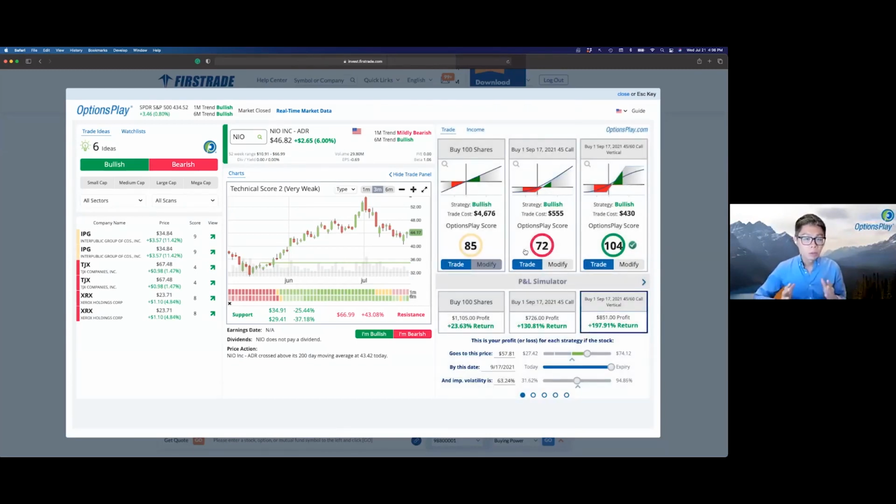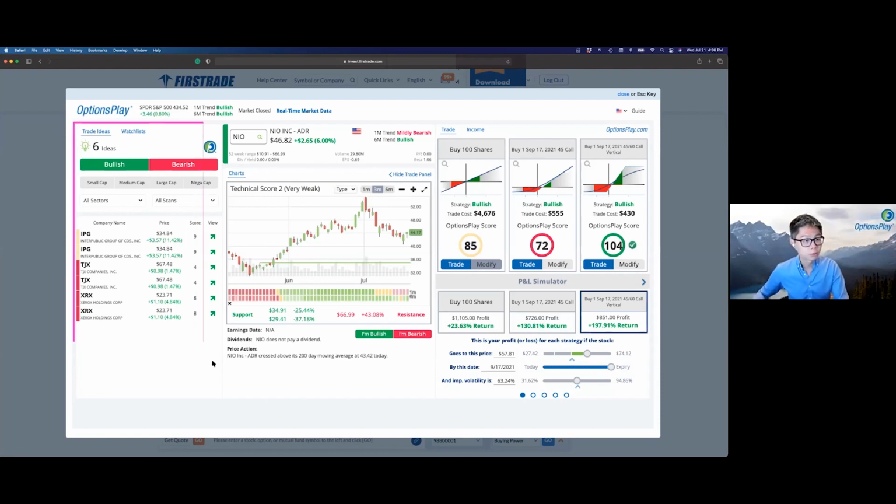So we built this platform to help automate all the things that I just taught you. And I haven't even spent the time to talk you through how to find expiration dates, how to choose strike prices. We're going to come back to that, but the platform automates what I'm going to teach you next. So for any stock that you type in,